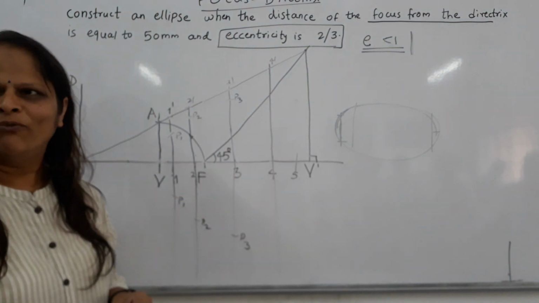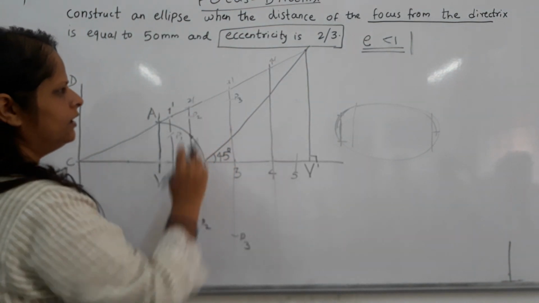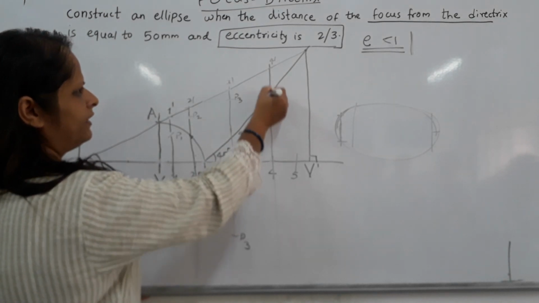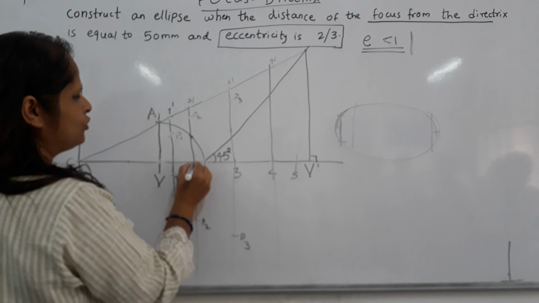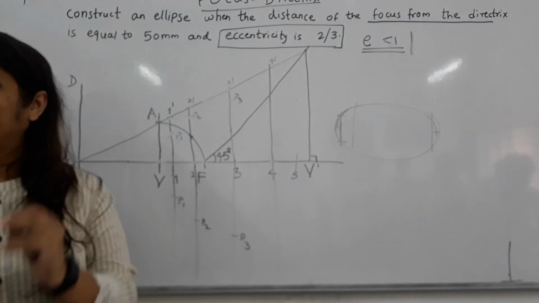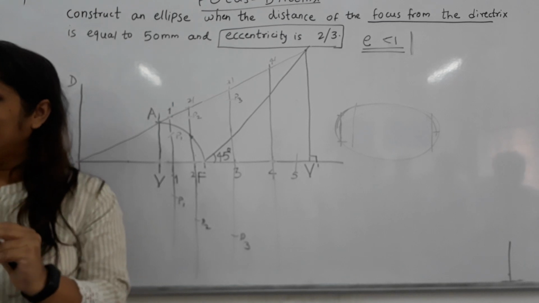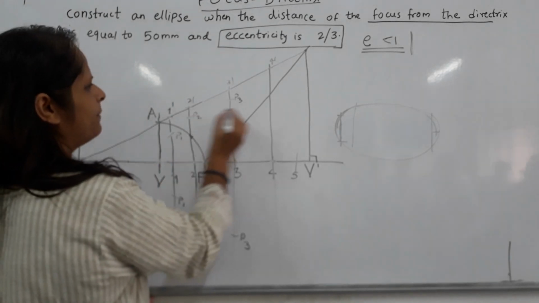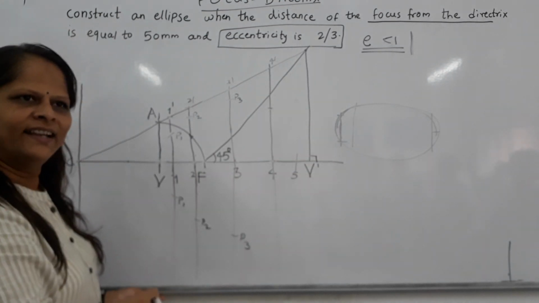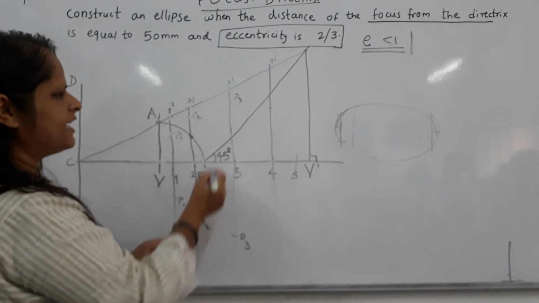Now listen to what I am telling you. Many a times students are getting this P4 somewhere else. So how to check it? This 2 point and 4 point should be collinear to get the accurate answer. Do you understand what I am saying? Wherever this P2 is, P4 should come exactly there, only then your curve will come out good. Is it clear? So this is also a check point.